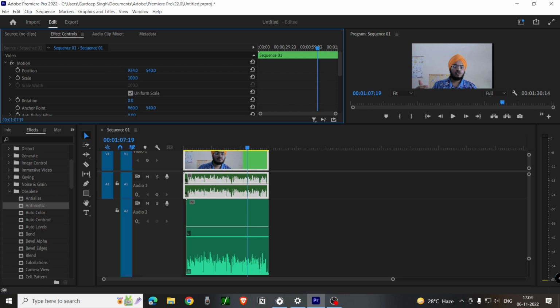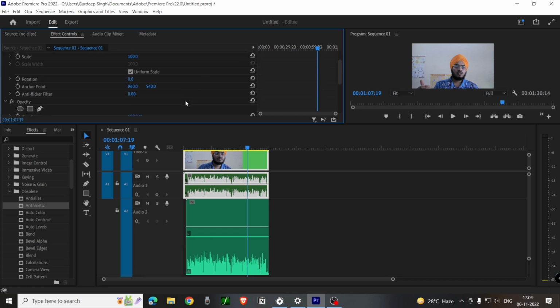You can also manually type here, like 290. And if you make something wrong, you just click this reset button, and it will automatically reset to where it started. Okay, after that you can scale